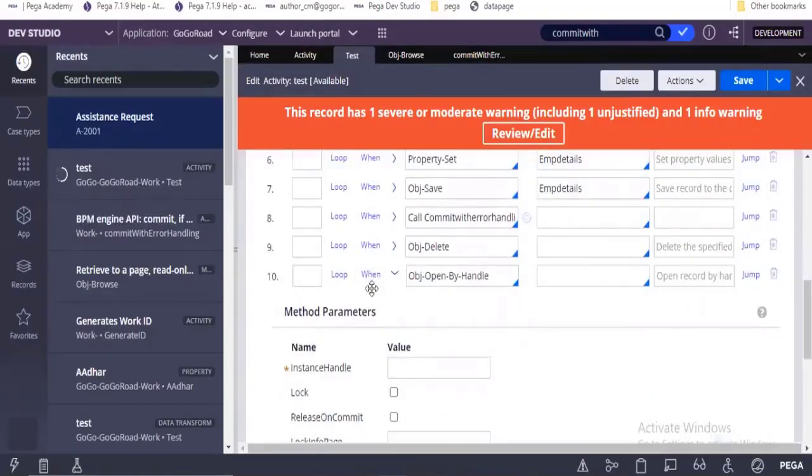But both performance and functionality are the same for opening a particular record. We can go to the next set of methods. These are all the obj methods: browse, open, save, delete, open by handle, and delete by handle. These are the 6 important methods.